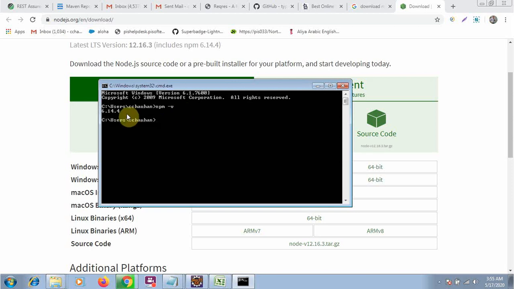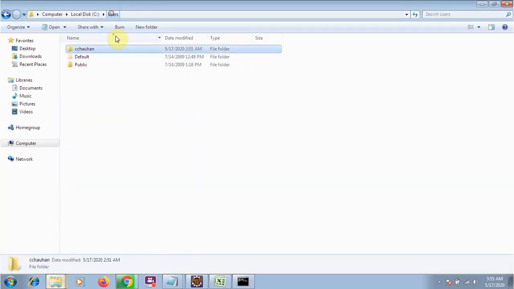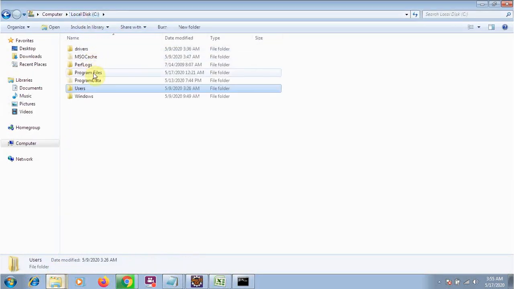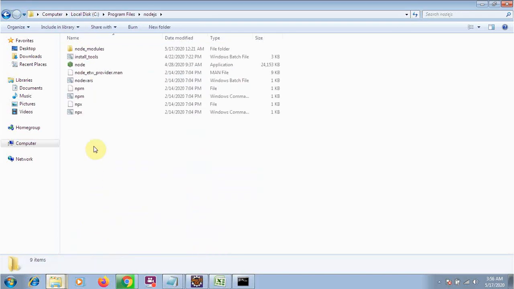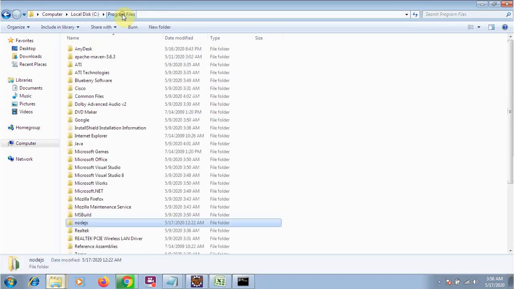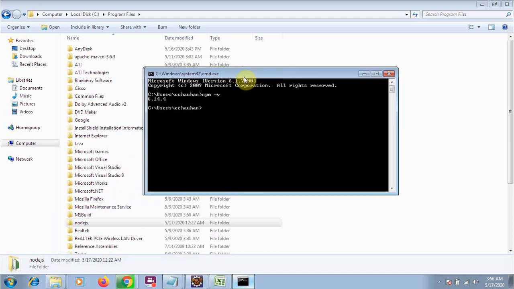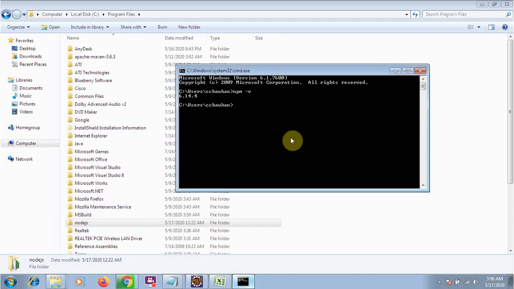I have 6.14.4, because I have already installed Node.js on my machine. If you install any program, it will appear in C under Program Files. Once you have installed Node.js, I will tell you the command to install the server and then how to start it.